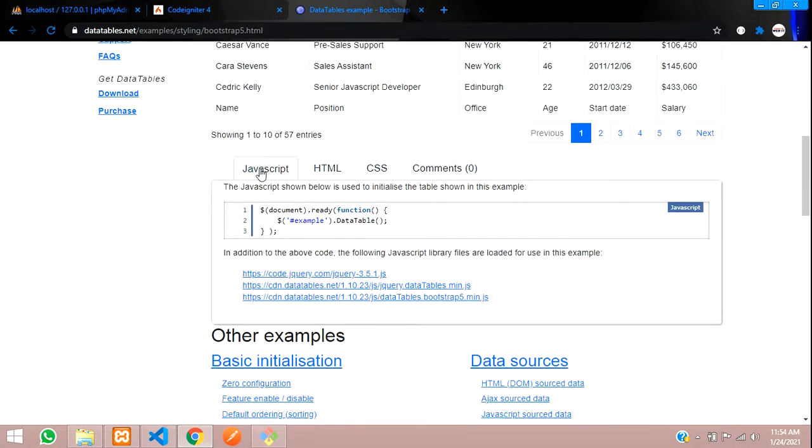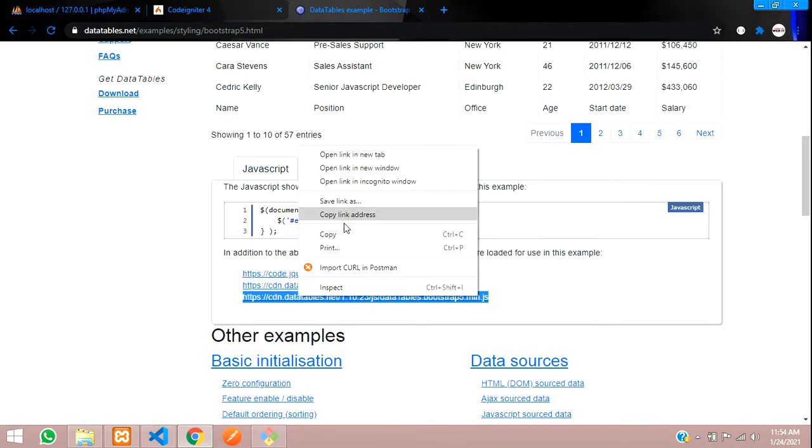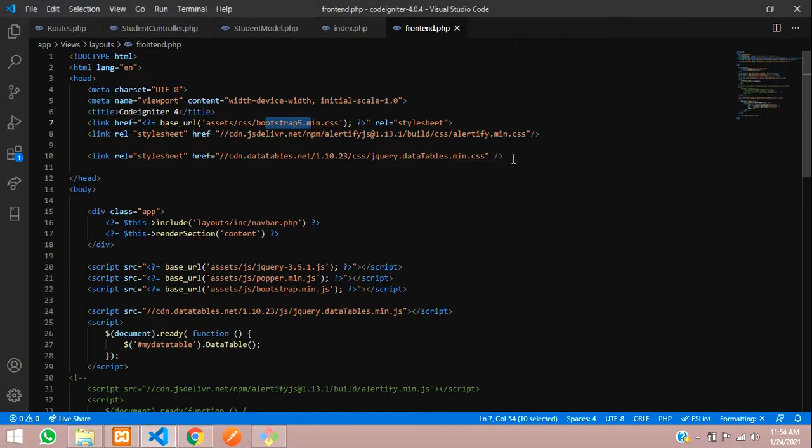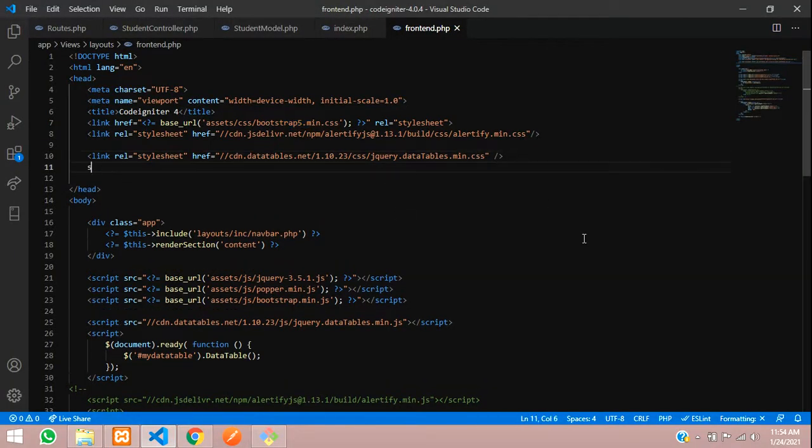Let's click on JavaScript first. You can see that we already have the jQuery CDN link, and the data table min.js we already took at the beginning. Now this is the code for the bootstrap CDN link. Let's copy it and paste it below your CDN link.